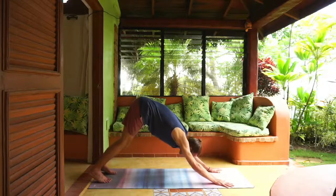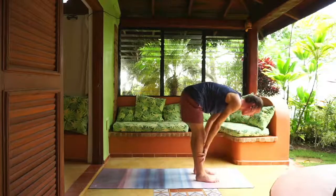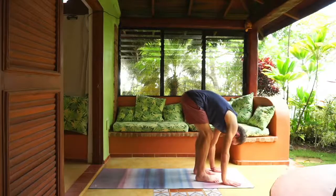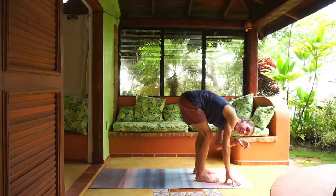On your next inhale, gaze forward. Bend your knees. Exhale, walk or step to the top of the mat. Feet hips width distance. Inhale, lift halfway. And exhale, forward fold. Stay in your forward fold here. Now, knees bend as much as you can so that you can place your left hand, either left fingertips or